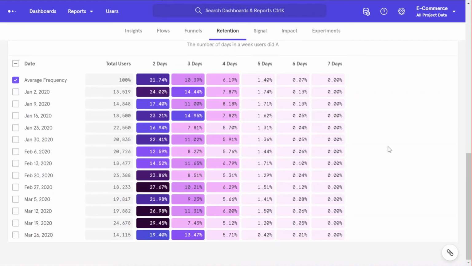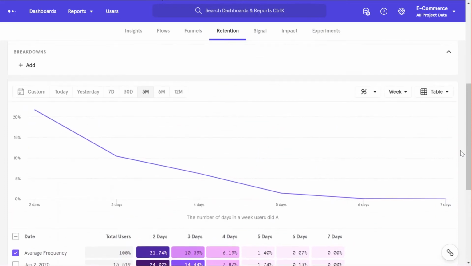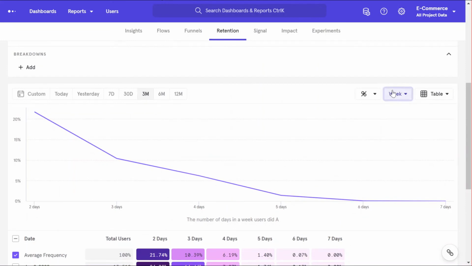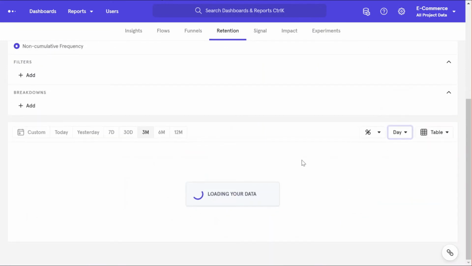Now, for this example, this kind of report may not make much sense, but think of a different kind of product. Suppose you are a product that provides content, right? So you probably expect people to come back day after day and consume content. If it is a news site, for example, you expect people to come back every day. So in that case, you would want to see that most people are actually coming 5, 6 or 7 days a week and doing an event, let's say reading an article or watching a video, right? And if that is not the case, if people are coming for very few days, then you probably have a problem, right?